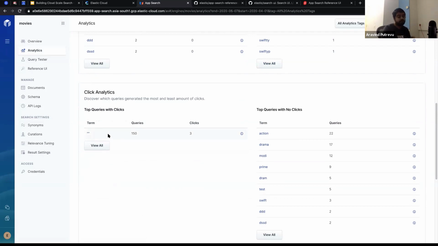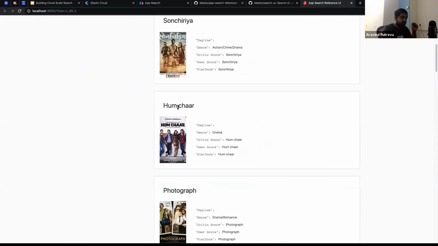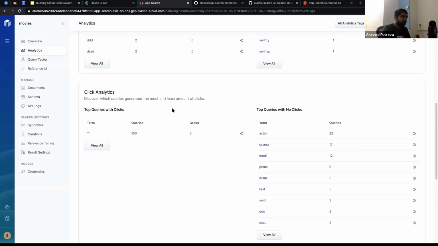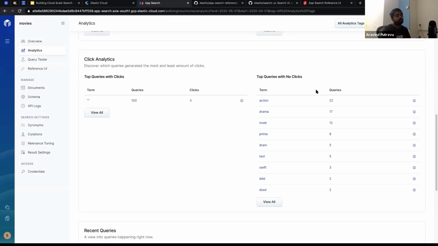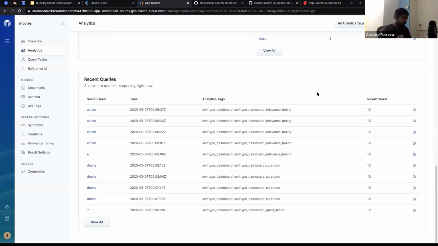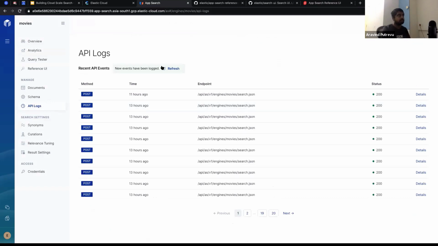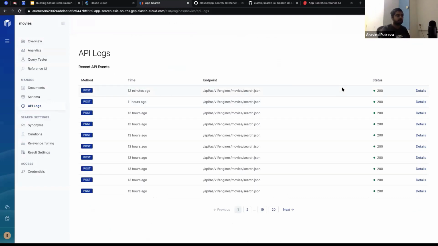And then how many times I've clicked on the thing. So not just having that, but how many times I have clicked on this particular link and gone through. So the click-through analytics is also available. You can track clicks, how many people have clicked, and how many people didn't click when they searched because they didn't find something relevant. There are more and more of these, and you could also see the API logs about how people were using the APIs and how things have changed over a period of time. Are there any 400s? Are there any resource not found? Has any document been removed by someone? So a ton of stuff that you can do with App Search.